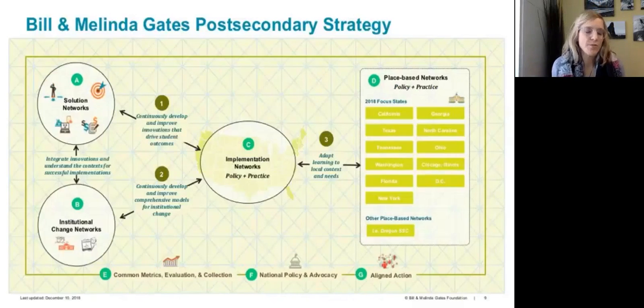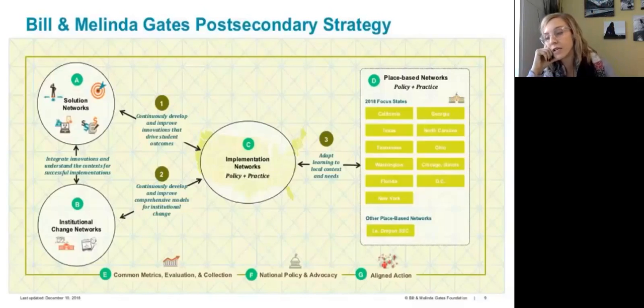So if you haven't seen this before, which most of you probably have not, it's a lot to take in. But I hope you can see their theory of change, really, which is that through the implementation network, based on data-driven approaches to policy and practice and testing innovation in the field, they hypothesize that impact can create scale in these states and institutions and nationally. Any questions about this? Feel free to put them in the chat or to just jump in.